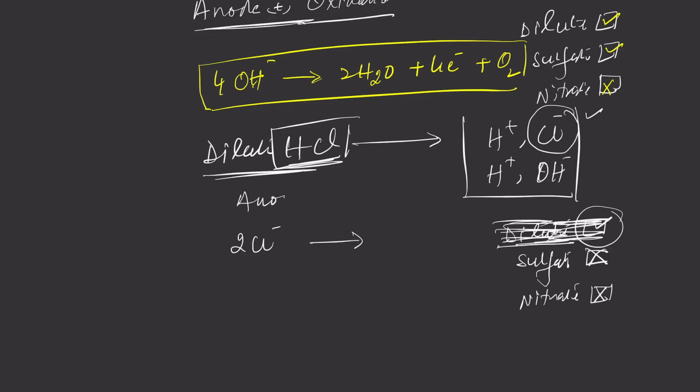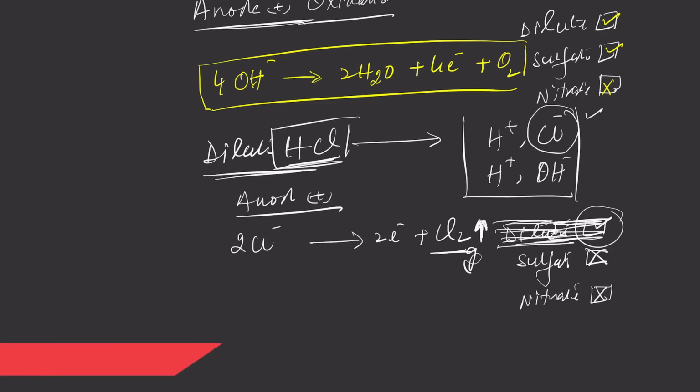First of all, I am going to write the direction at anode, and they will lose 2 mole of electron and there is a formation of Cl2 gas. That arrow means there is a formation of a gas. This arrow is usually drawn for the insoluble gases. Right. So that was the case of dilute HCl. Still, we are practicing the reaction at anode.